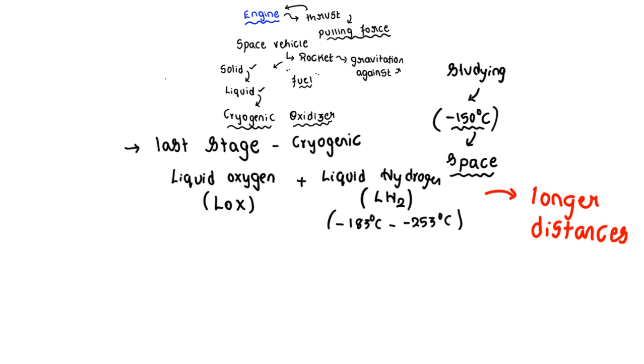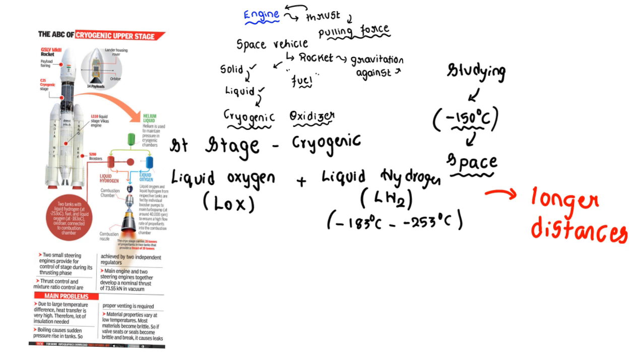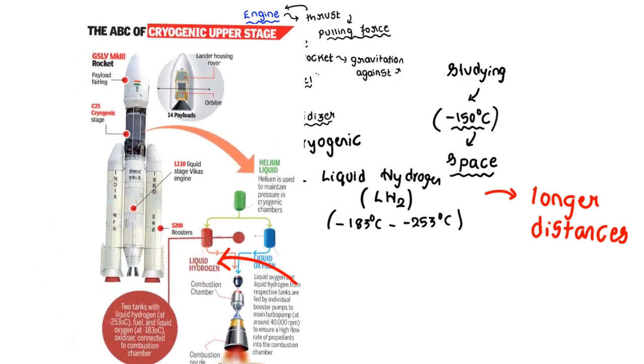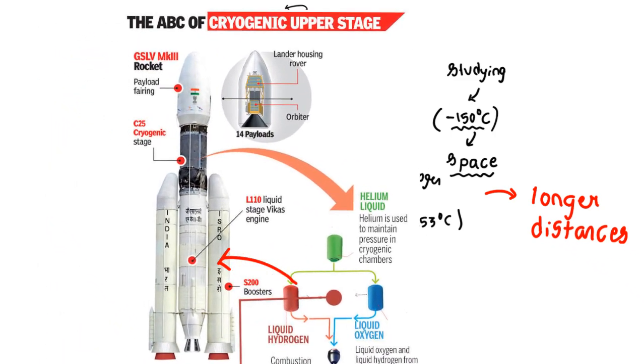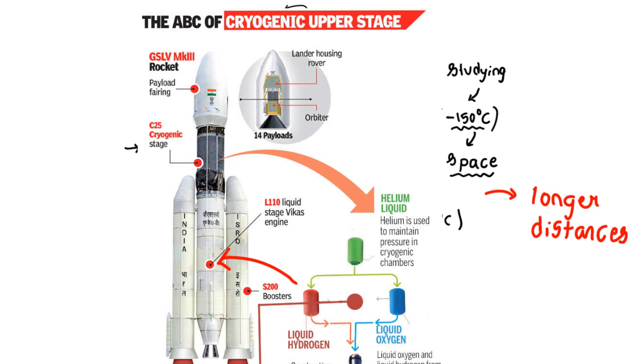See, have a look at this. Now I shall explain. See here, this is a pictorial representation from a newspaper. The ABC of the cryogenic upper stage means the full details about the cryogenic upper stage. See, I am zooming it. You can observe all these things. See, this is